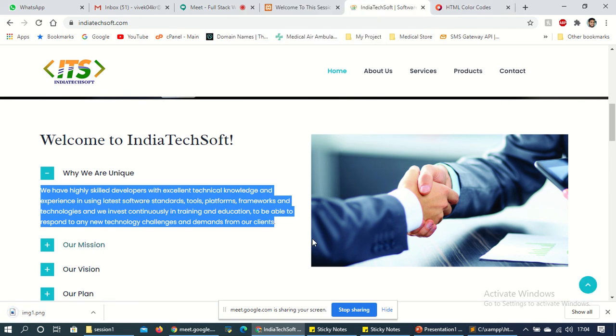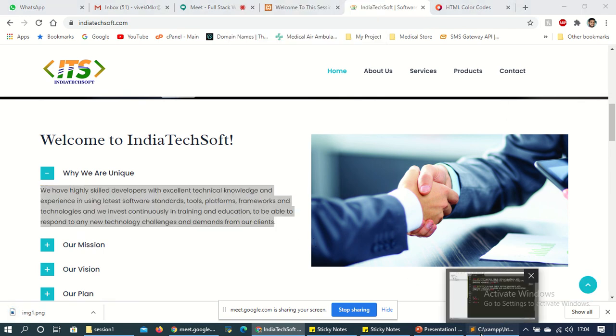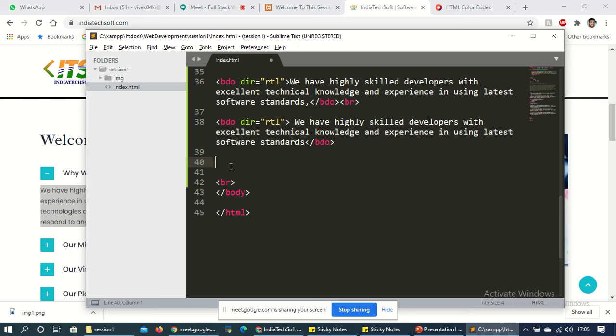Now I want to apply the image. Here the tag is img. Img open, and this one. Now we have to give the path. Path means the source from where we have to access that image. My image is available in this img folder. So in img, src is equal to img slash img one dot png.